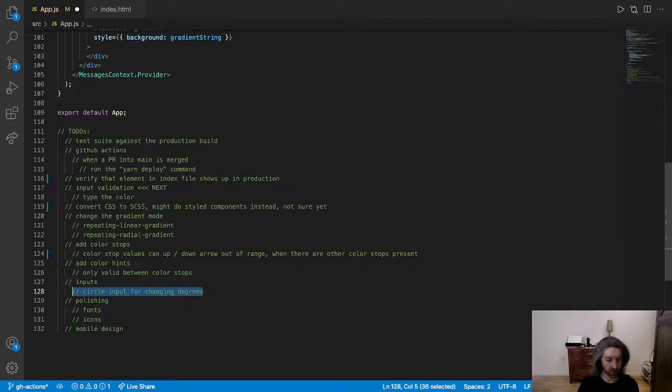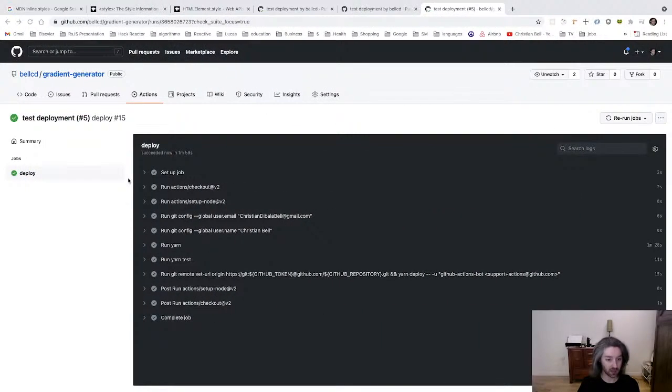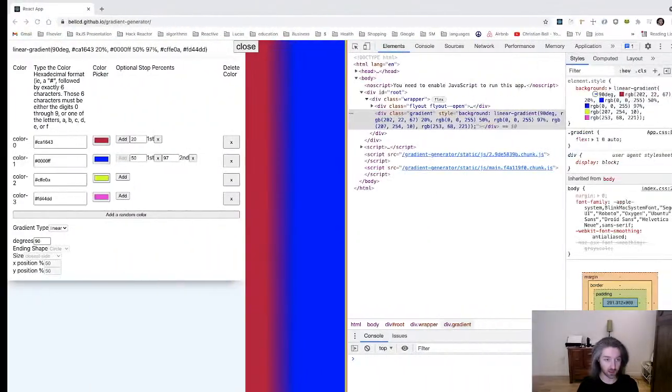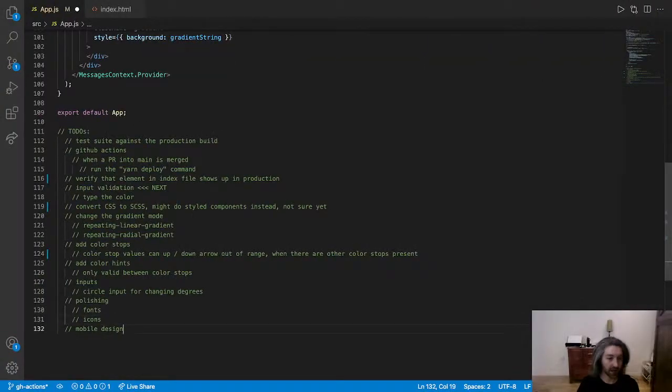Circle input for changing degrees, that was a nice UI. Nice user experience with that. Changing the fonts would definitely be a thing we could do, and adding some icons would be a nice touch. And then mobile design is not a thing we currently